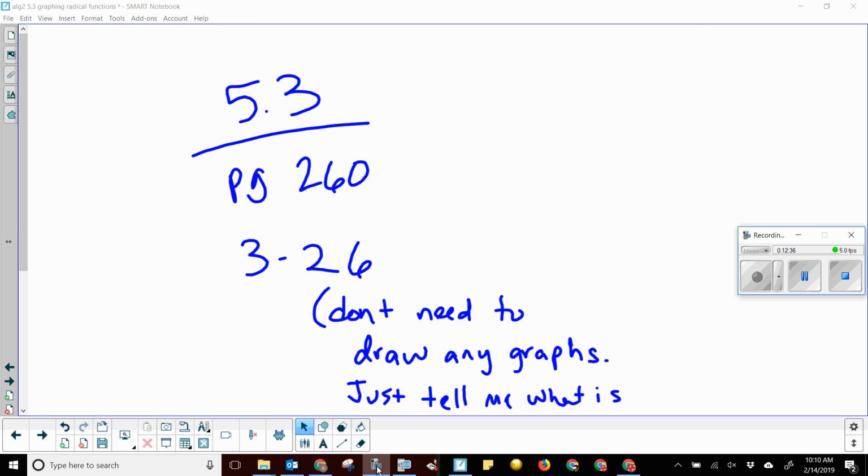I know this one's a little bit weird, but you got a calculator that should help you kind of figure out. Just put in the parent graph first, the most basic form of square root x or cube root x or whatever. Then put in the new one and just kind of see